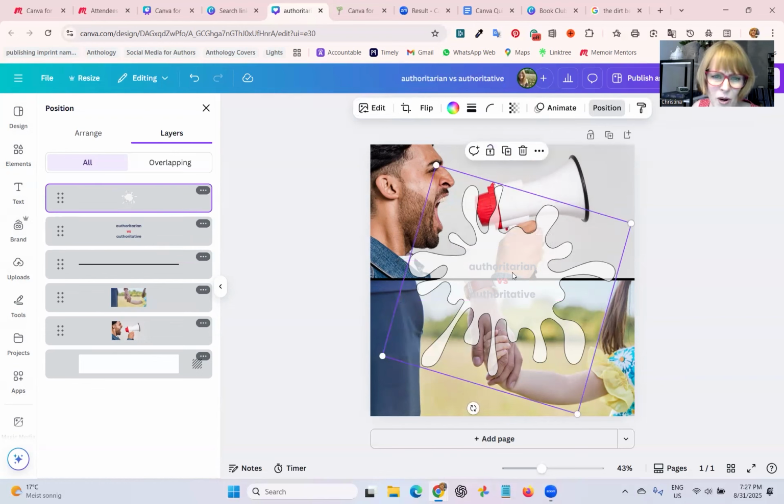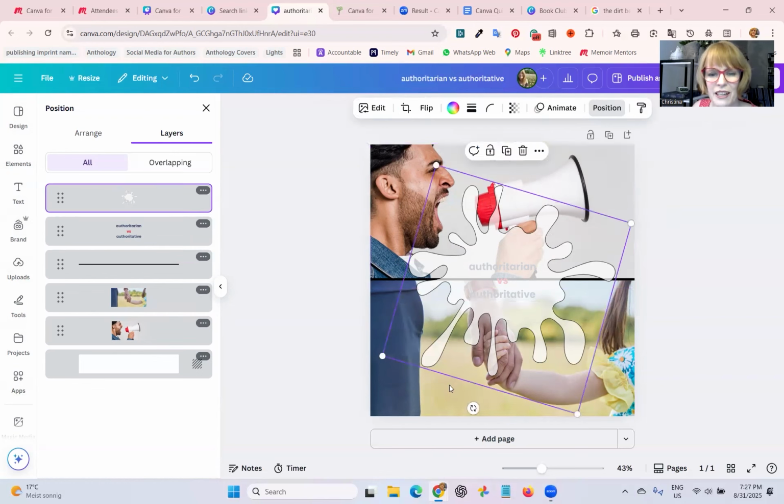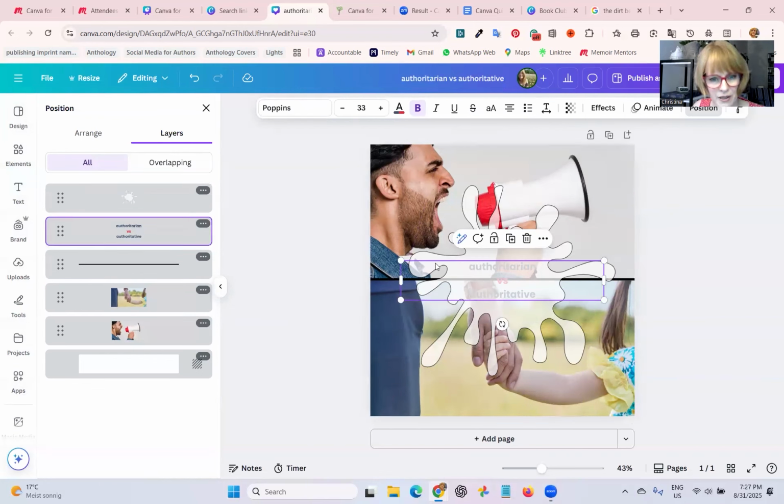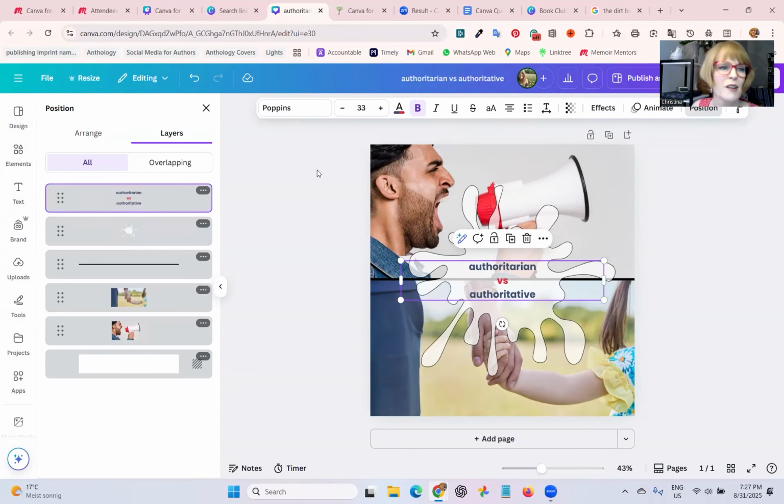So like this, I want to get to that text. I want to change that text, but I can't seem to get to it anywhere. One way you can get to it is by pressing the tab button. So now that is highlighted, and now I could right click and change it to bring to the front. So that works. But it's this part, position and then layers